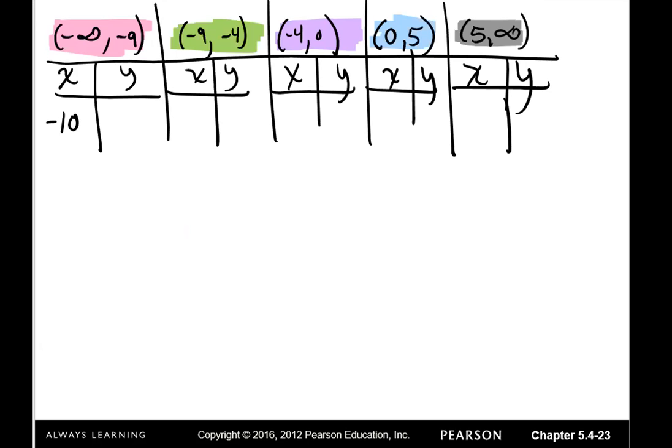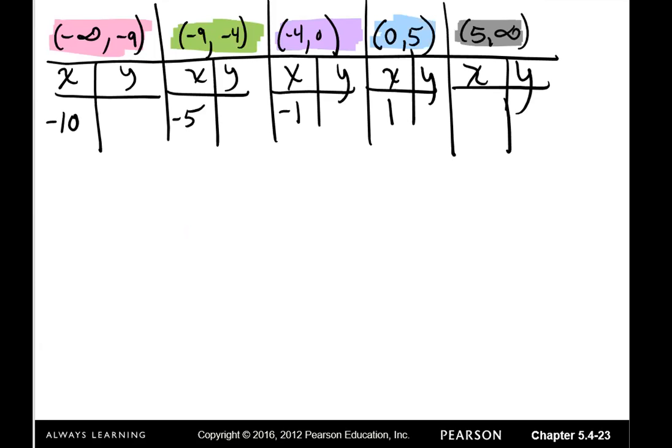The green between negative 9 and negative 4, I picked negative 5. Between negative 4 and 0, I went with negative 1. Between 0 and 5, I went with positive 1. And between,